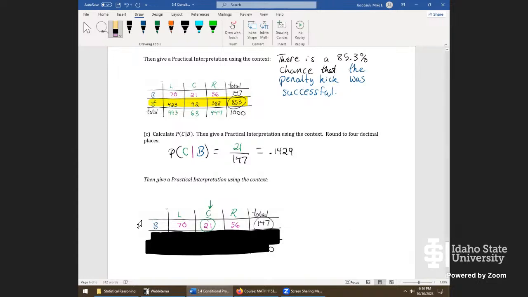In other words, we have to give an interpretation that matches up with the fact our table is just this. That's all we use to calculate the probability. So another way to do it is you could say among all the penalty kicks that were blocked, because that's all we're looking at. Or that's the condition, the given information here in the conditional probability. Let's say here, among all blocked penalty kicks,